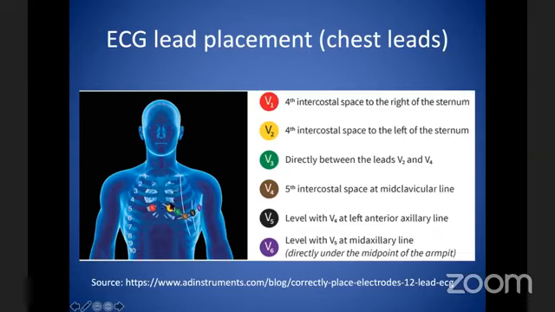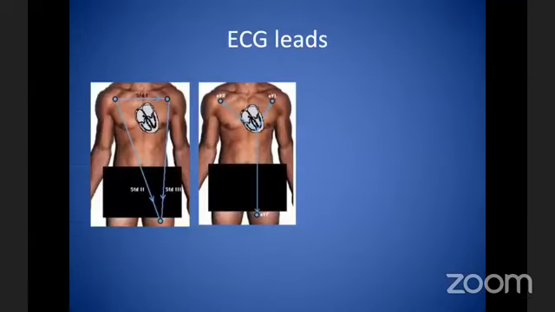Okay, so anterior, lateral, that's how you're going, because it's a three-dimensional structure and different leads are like different cameras looking at the same object from different angles. That is why they look a bit different, and this concept will be repeated again and again as we go along in today's presentation. These are the limb leads,